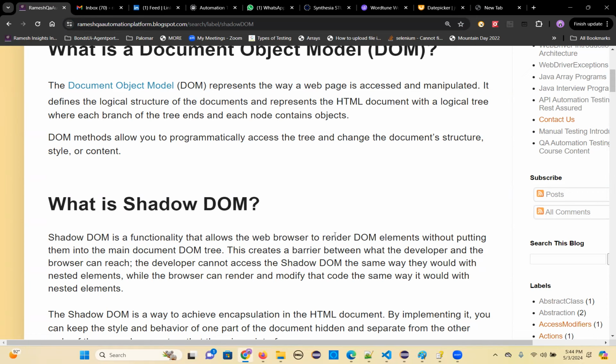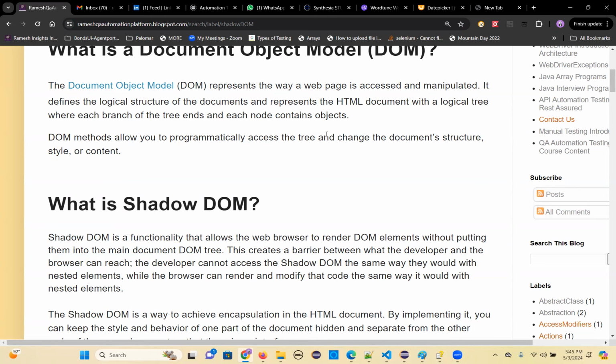So any HTML document is going to have different elements. Now those elements are nested inside the DOM. And for custom components, and also if you want to give more security, people will use the shadow DOM